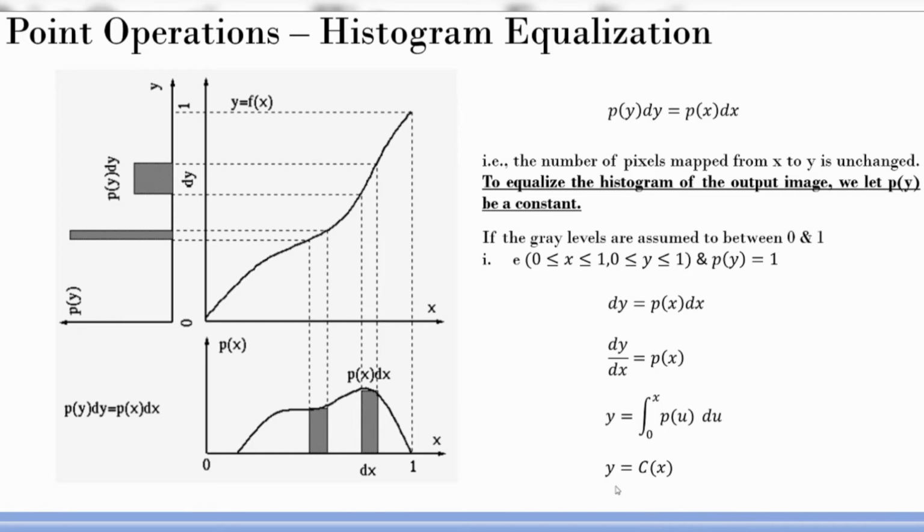Okay, so the relation between y and x is nothing but related by the cumulative density function of x. So you first create the cumulative density function of x and then you feed in x there, you get y. Okay, and then you basically get a contrast stretched image which is really equalized in histogram. I mean, ideally, but not really, we don't get that perfect uniform shape, but closer towards that. Okay, now let's move on.